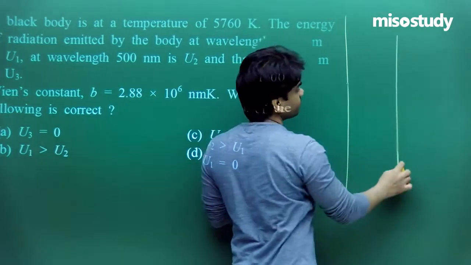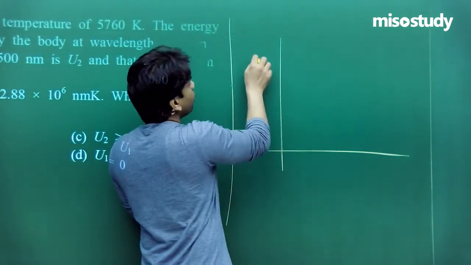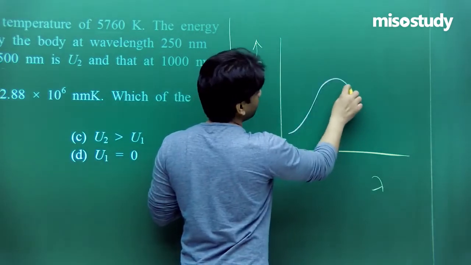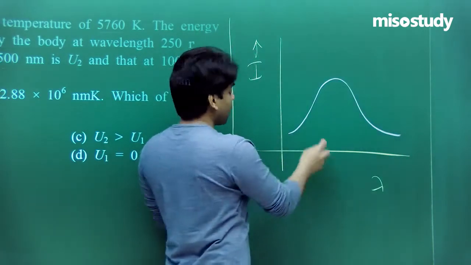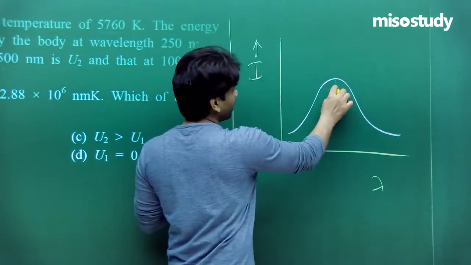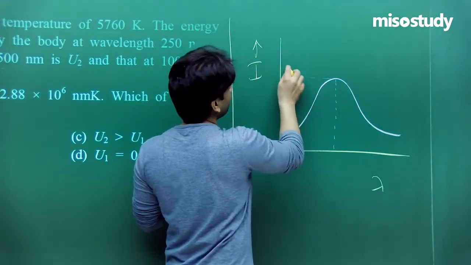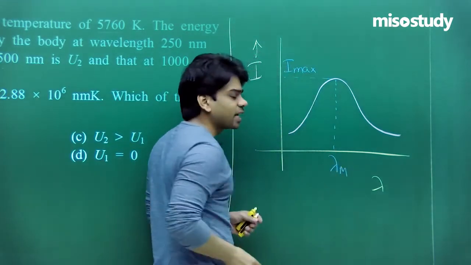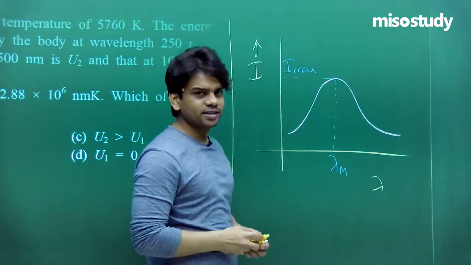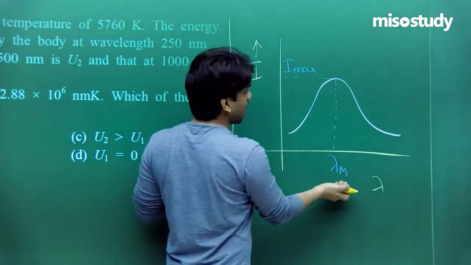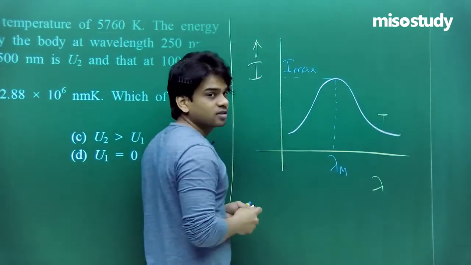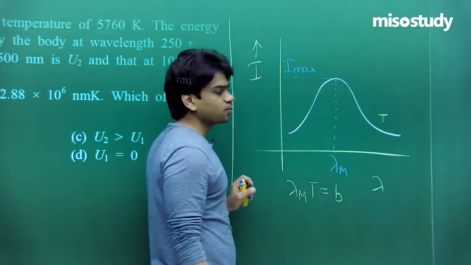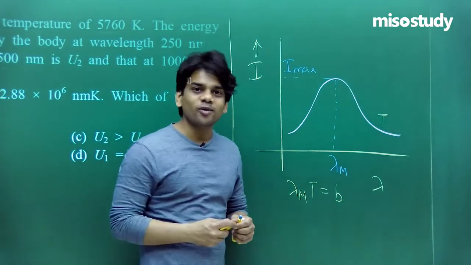Now we all know that for different wavelengths, as per Wien's displacement law, the curve is something like this. If I draw a curve for intensity and lambda, the curve will be somewhat like this at any particular temperature. We find that there's a point of maximum intensity, and this particular lambda, which I am marking as lambda m, is the lambda for the maximum intensity. The relation between this lambda and the temperature at which the curve is drawn is lambda m into T equals Wien's constant, as per Wien's displacement law. This we have learned in our regular session.